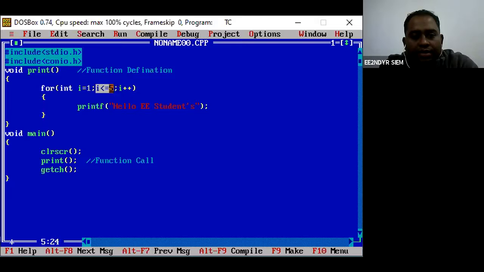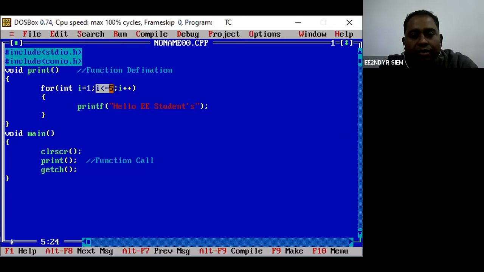Again it's going to check the condition, that 2 is less than 5, then again it's going to print this statement and increment it. Next time the value of i gets to be 3. So 3 is again less than 5, so again it will run, print it, and increment the value of i. So now the value of i is 4, so again it will check.